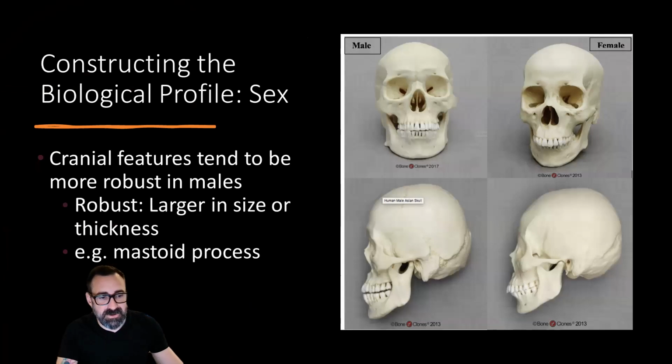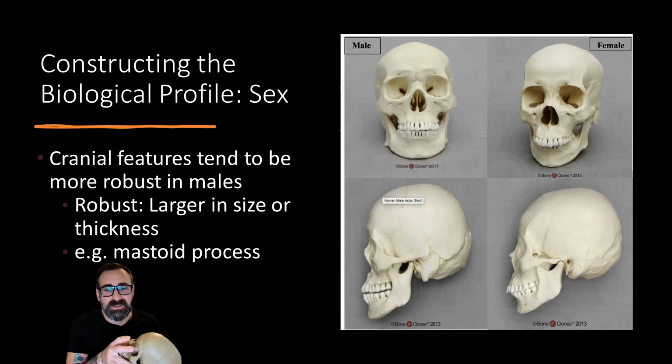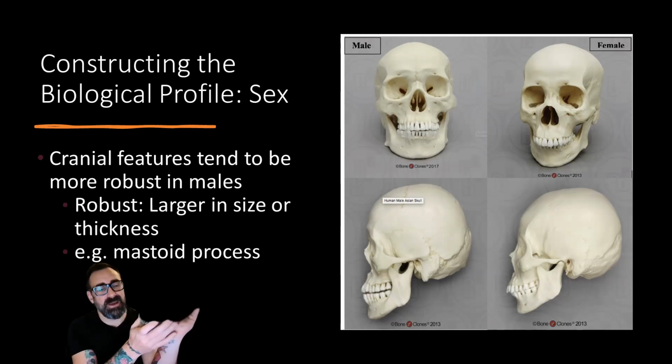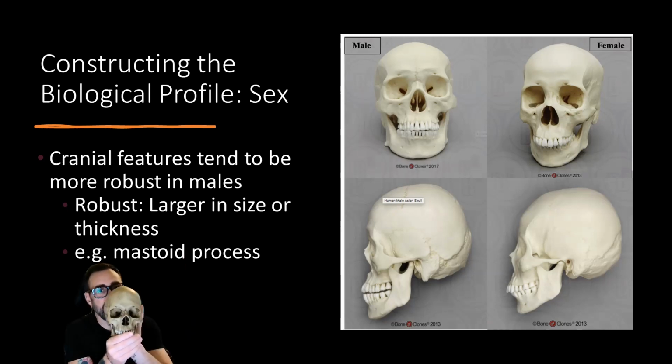So you can look at things like the skull, the cranial features. On the left-hand side of the picture, you can see a male skull. And not all male skulls look the same, by the way, and not all female skulls look the same. But oftentimes what we'll look at is the mental eminence and your mandible here. The robustness of that can be really indicative of whether it's male or female, although there's a ton of overlap.